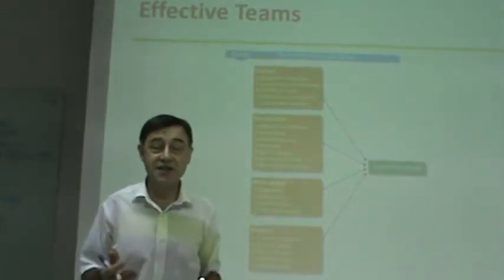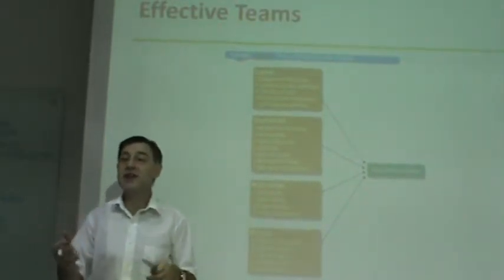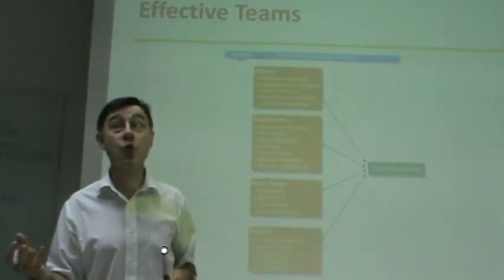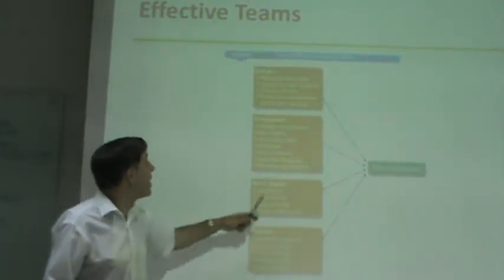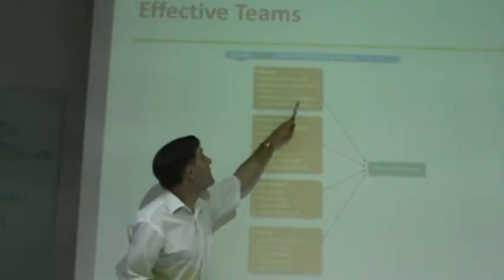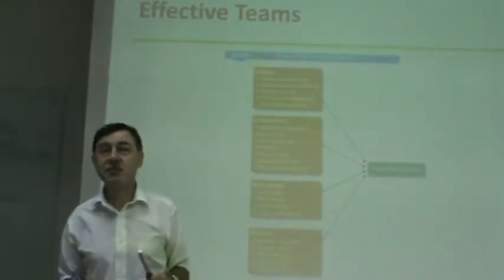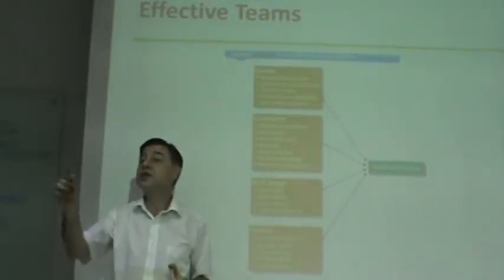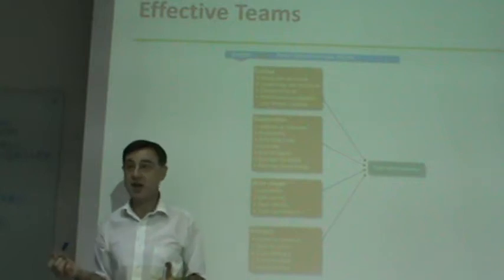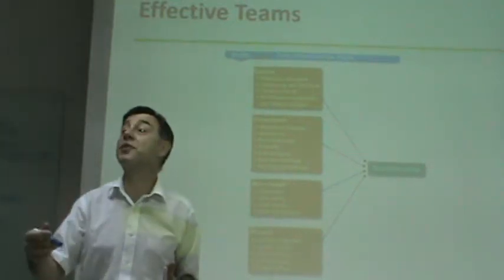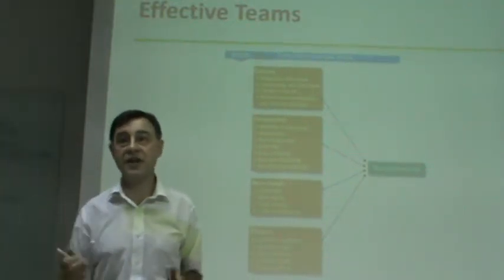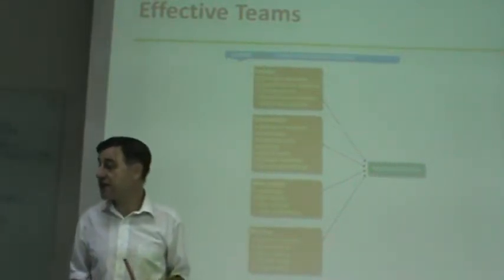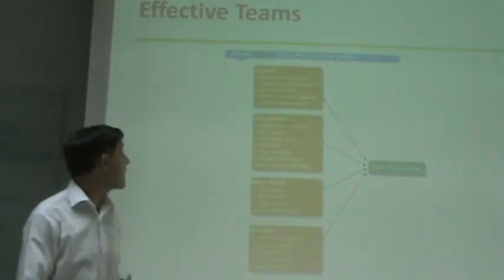Next, if you want a team to be successful, you need to develop a climate, also an environment of trust. People should trust each other. Without trust, it doesn't work, okay? Next one is, you need some evaluation and reward system. You got a team, you need to know how you evaluate each person on the team. And you need to be able to appropriately reward them on that team. So, evaluation and reward system is very important.